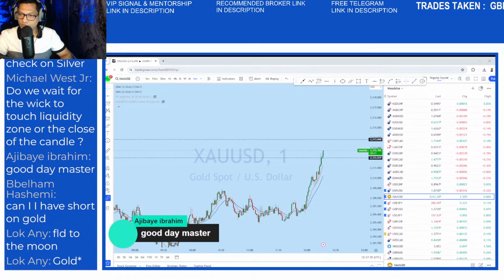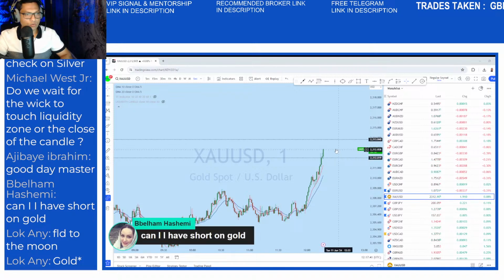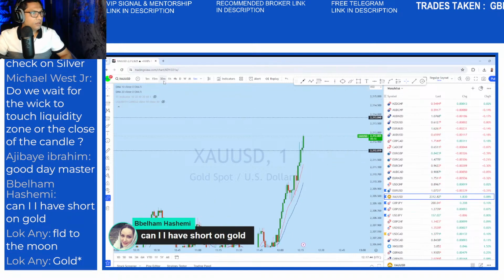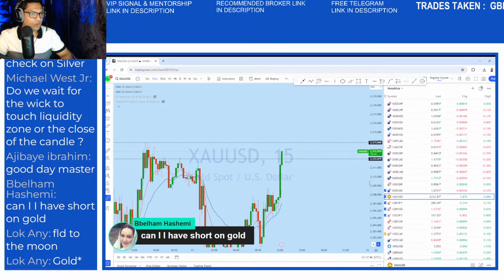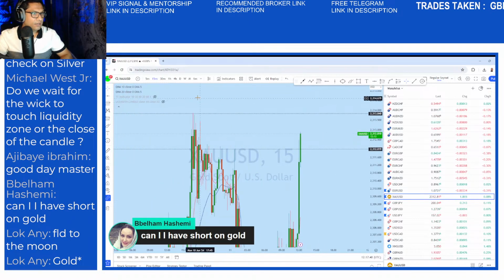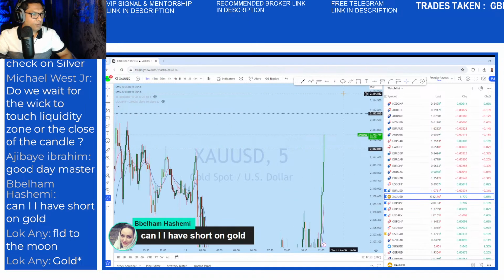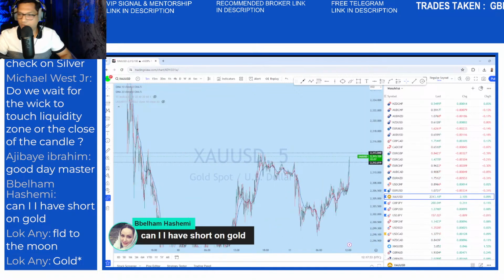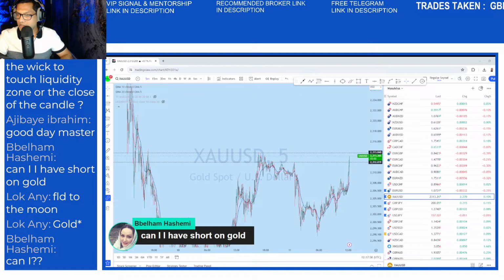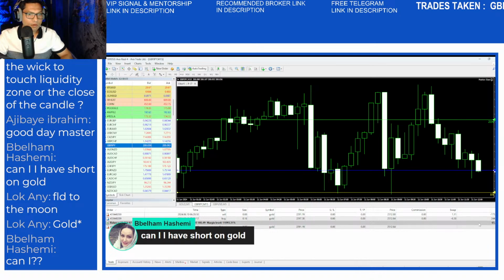Good day, welcome. And I have a short on gold. It's a bull market at the moment, so it is always a good idea to trade with the trend, guys. It's important that you understand the direction of the trend, and trading with the trend is the most profitable trading system one can ever have. So make sure you trade with the trend. You can see that we are hedging this trade on gold, which is basically running in profit at the moment. A couple of trades hedging all together.